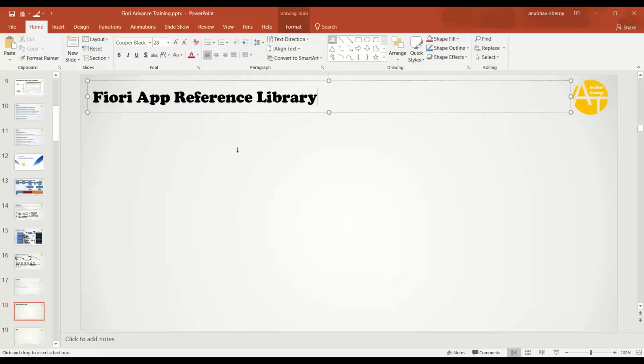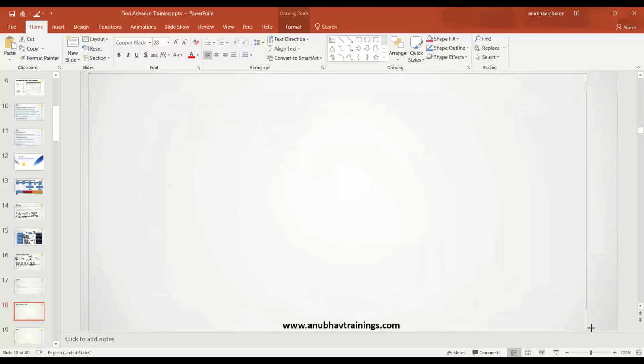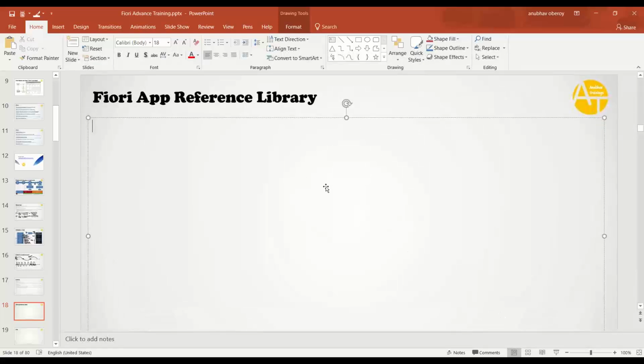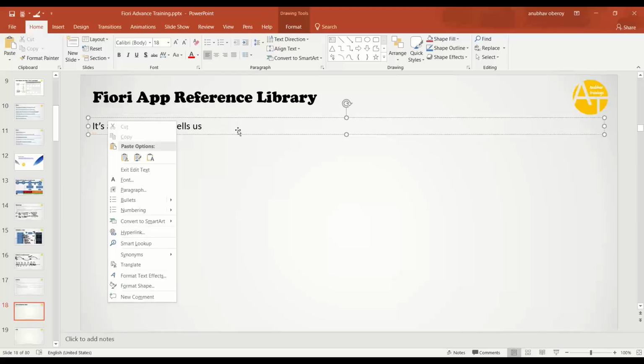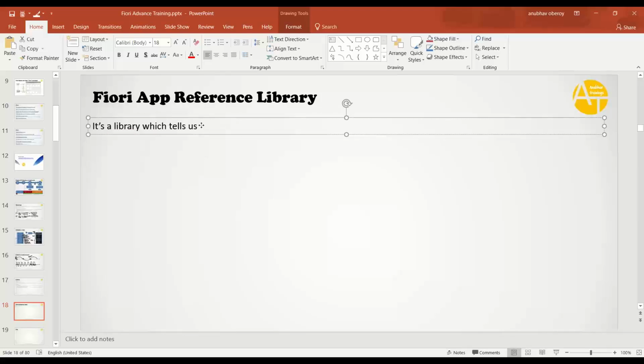As the name suggests, it's a library which tells us the list of Fiori applications installed or available,